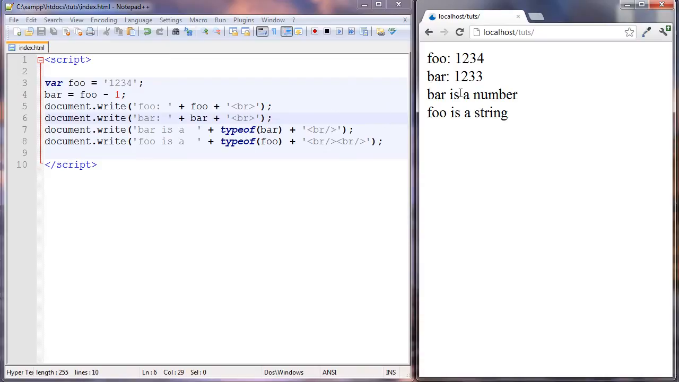So foo is set to, this is just a string. It's showing you right here. Bar is foo minus 1. So here we did some math. We took a string, and then we subtracted